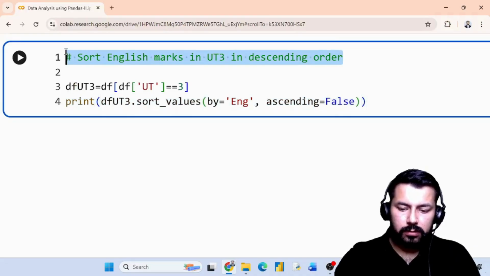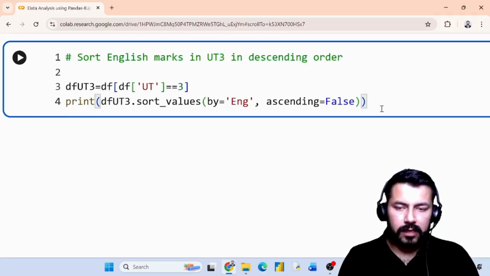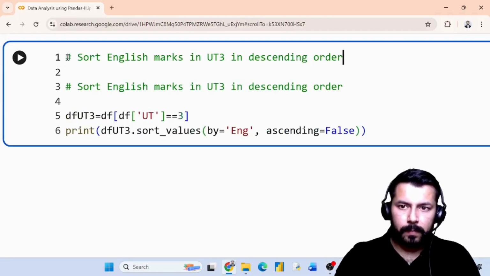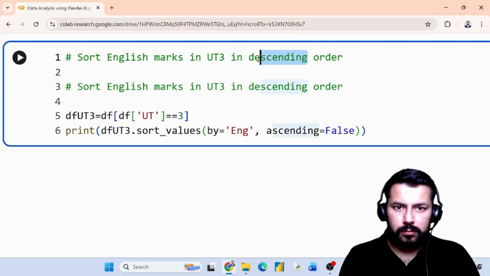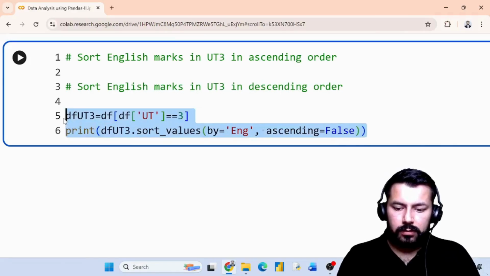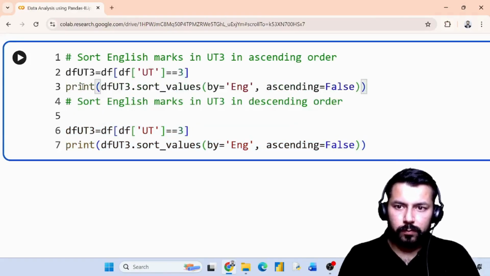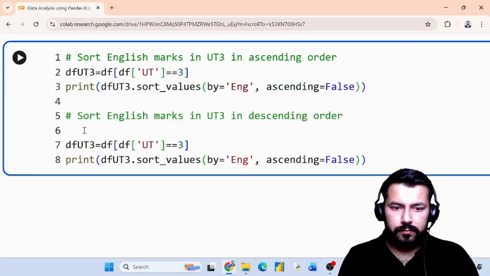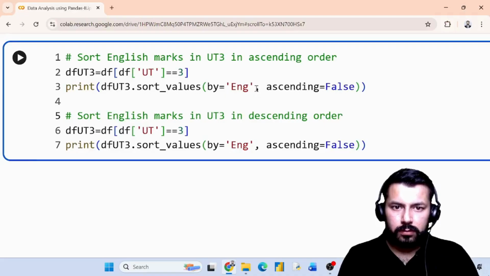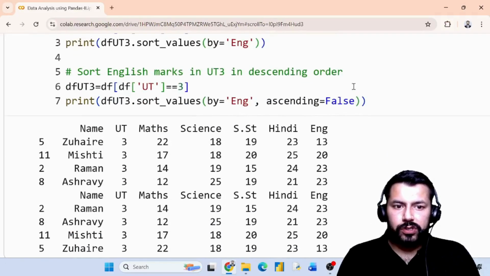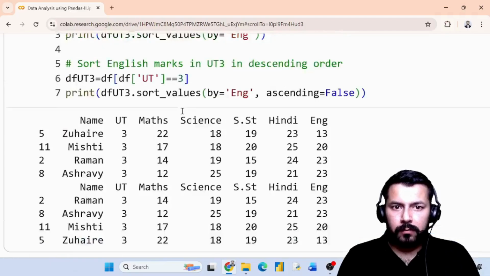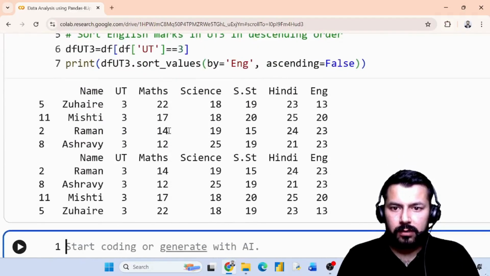Let's run ascending order also. First let's run in the ascending order. For ascending we will not pass any value here. Let's delete this part, and now let's run this. So as you can see, in the ascending order, the marks are